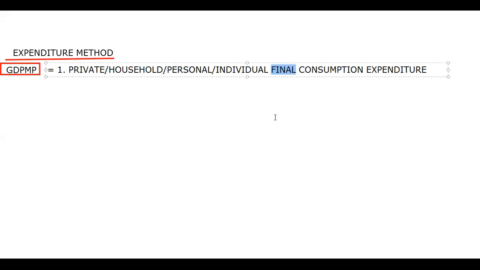Final means I told you in the very beginning of this chapter that we do not include the intermediate expenditures in national income. We only include the final expenditures. So we are taking up the final expenditures only. The private final consumption expenditure is basically the expenditure of persons, of individuals, हम लोगों का